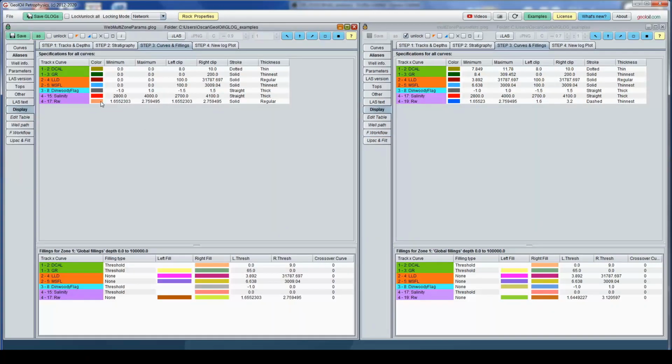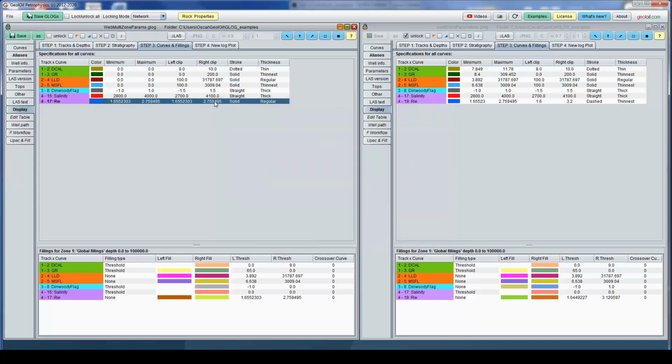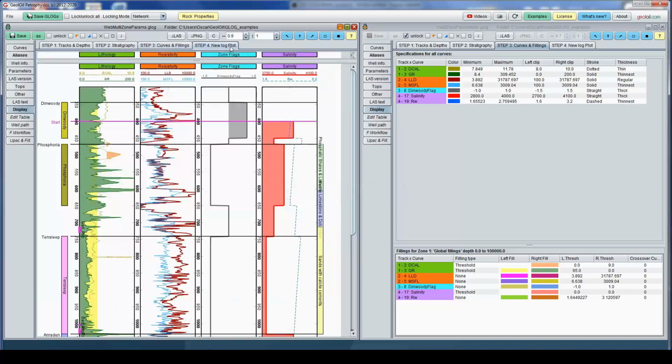Okay, let's pick a color like this blue, slightly smaller than the minimum and slightly larger than the maximum, maybe 1.6, and to the right something like 3.2. Let's put 3.2 to have the same example. Let's choose a stroke pattern dash and something like thinnest and see how it behaves.